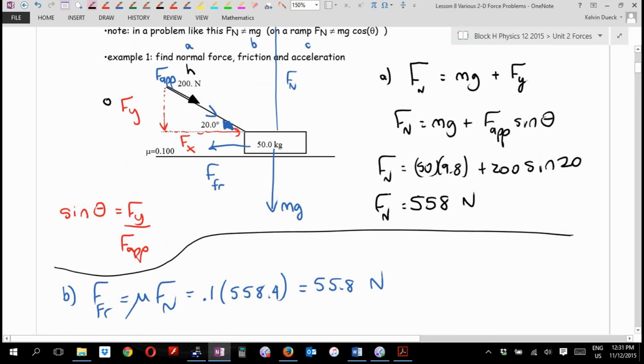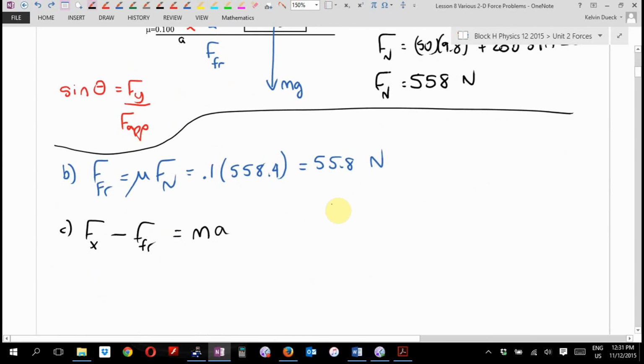You know what would be kind of cool? If Fy was sine, what would be kind of cool for Fx? Let's find out. It is adjacent over hypotenuse. Let's just confirm it to really convince ourselves. I would say cosine of 20 equals Fx over the applied. How would you get the Fx by itself? Times the applied. So I think we can say F applied cos theta minus 55.8